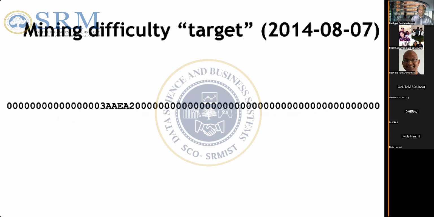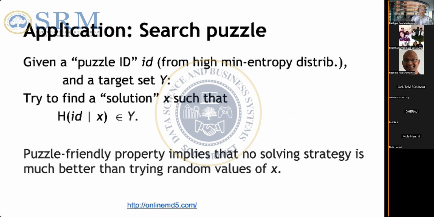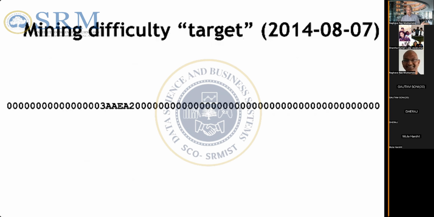Yeah, so that is the puzzle friendliness property, right? There is no easy strategy to find out a hash value with a predefined target space. So we call it the target space. And how do we use that? So for example, in case of